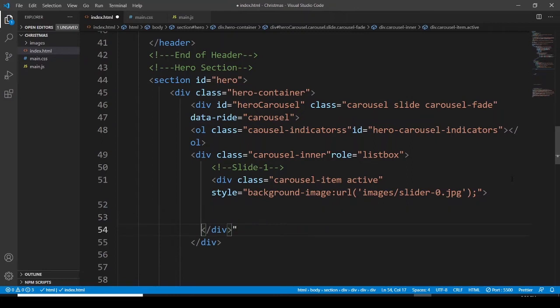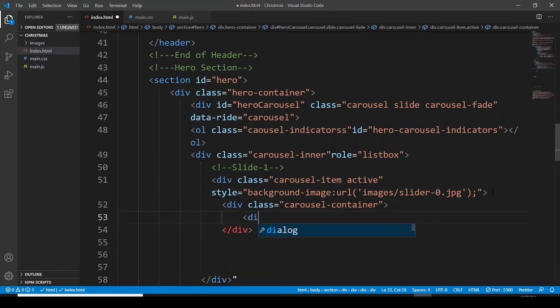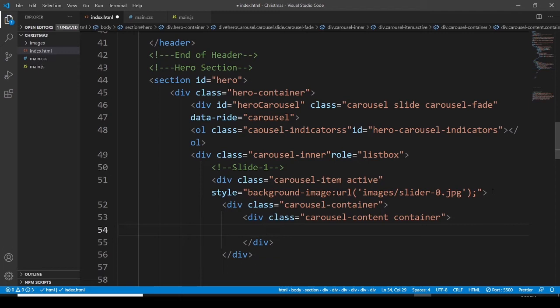Okay, then after, let's have a carousel container. So for this, what I'm going to do next is I'm going to create another div, assigning it a class. This class is going to be carousel container, and then let's have another division, assigning it a class. This class is also going to be carousel content container, in which we are going to